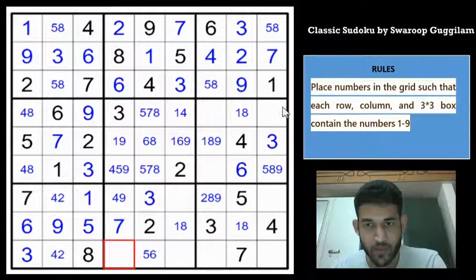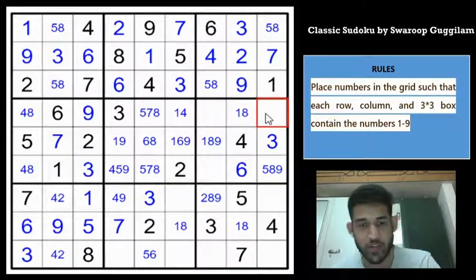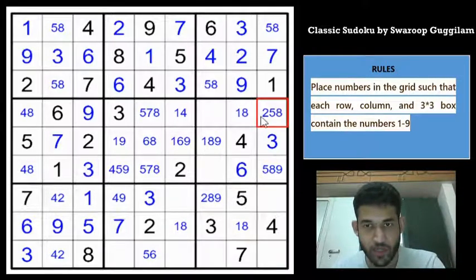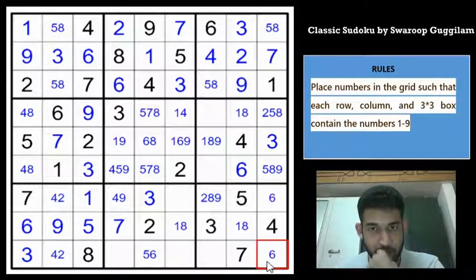Okay, 1, 3, 4, 6 and 7. So this cell can't be 1, 3, 4 and 7, cannot be 6 or 9. So it can only be 2, 5 or 8, right? Can't be anything else, so it can only be 2, 5 or 8. So 6 in column 9, because of the 6 in column 8 and column 7, has to be in one of these two cells, right?